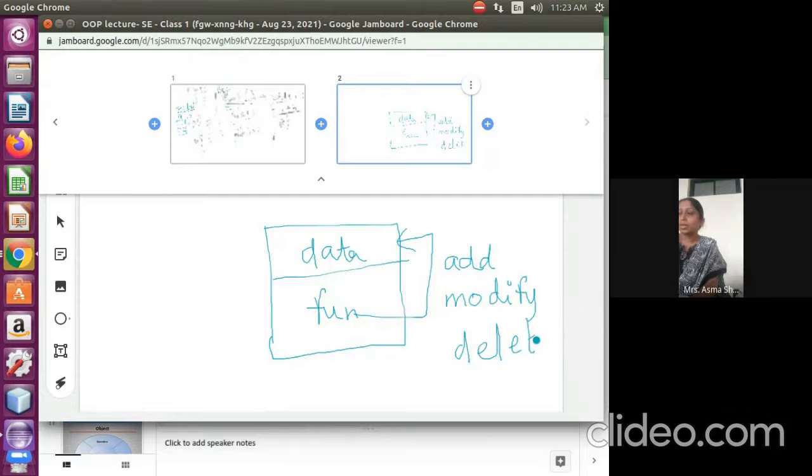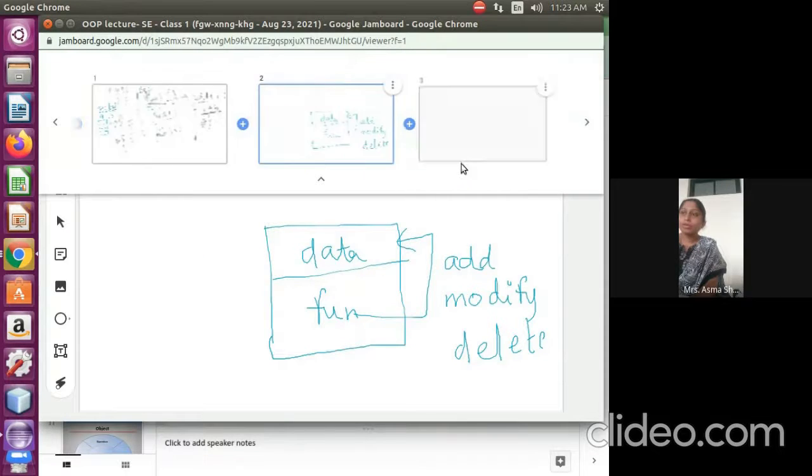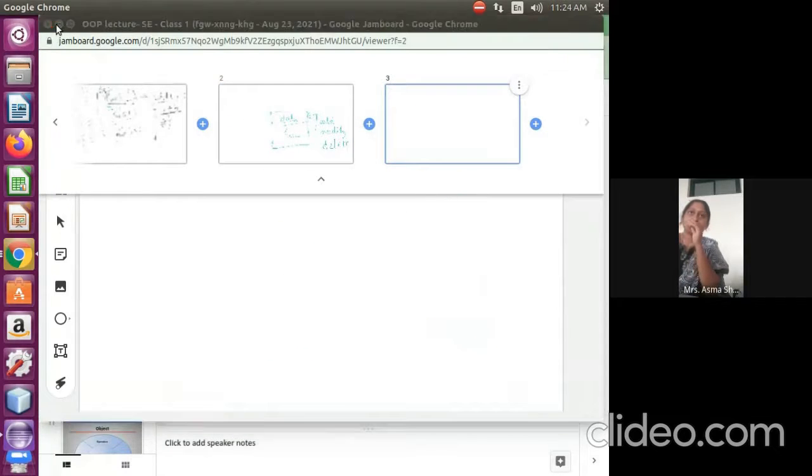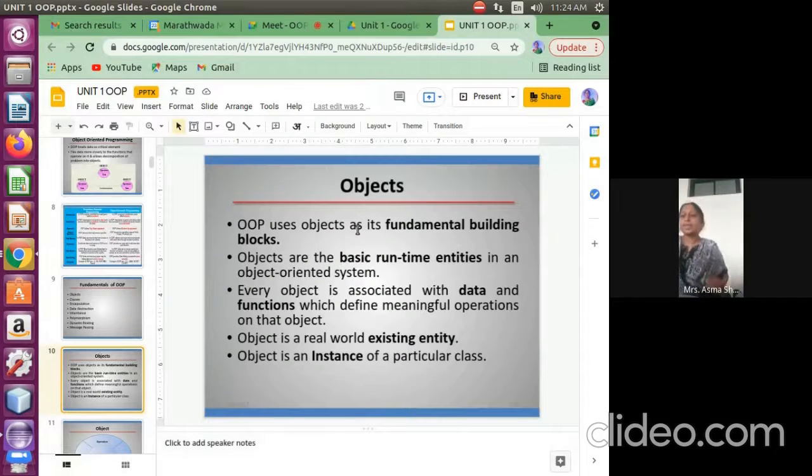Hope you are understanding. So this function is able to add, modify and delete the data. So object is, we can say, a basic runtime entity. Runtime entities means we can have the values when we call that object.